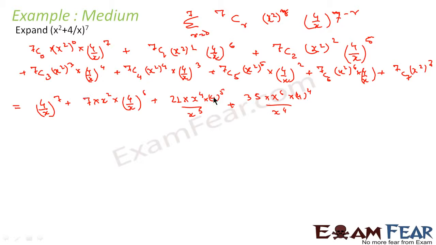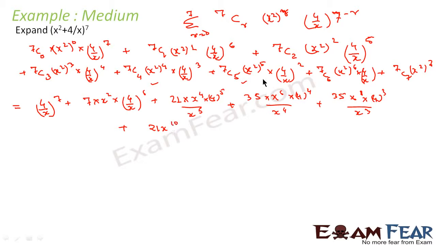Please note that 7C3 is equal to 35. We have learned this in the combination chapter. 7C4 also becomes 35. So we say 35 into x to the power 8 into 4 to the power 3 by x cubed, plus 7C5,